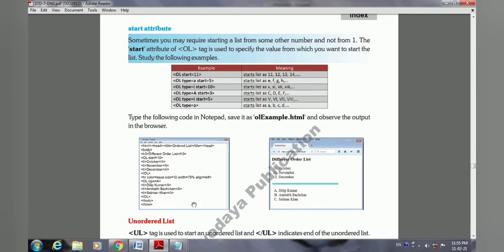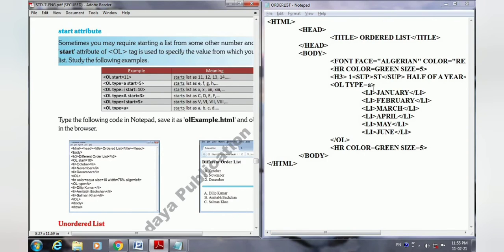So same as I told you, I want to begin my list with C. So here we have to use the start attribute, the other attribute of OL tag. For that you just give a space, use the start attribute, give the equal sign and give the value 3.